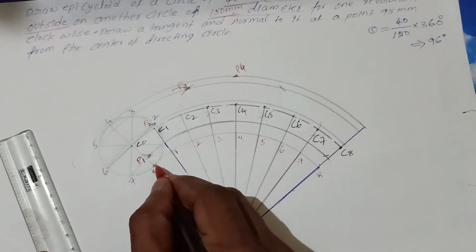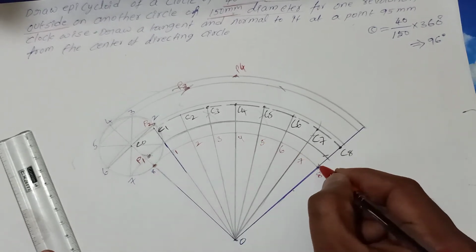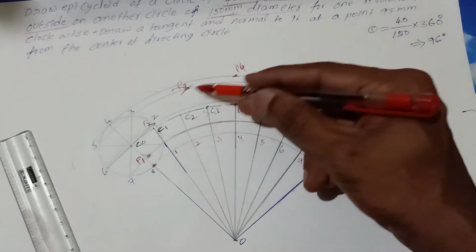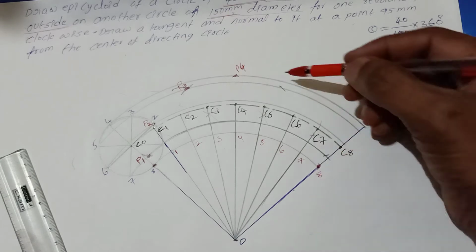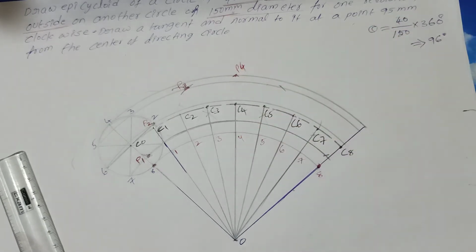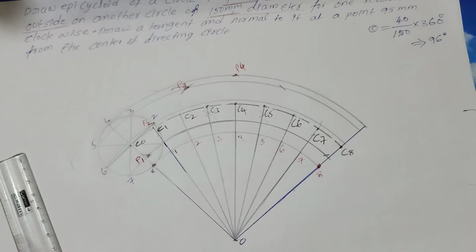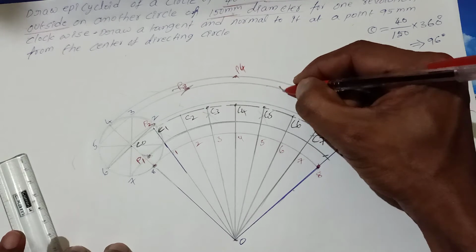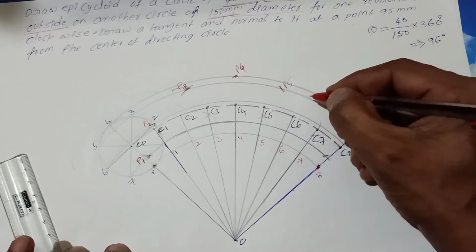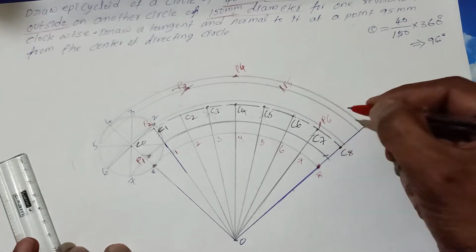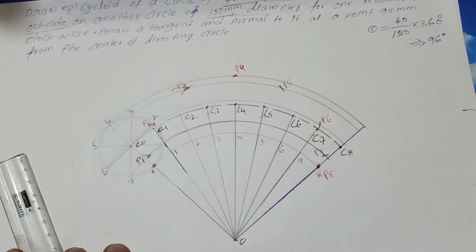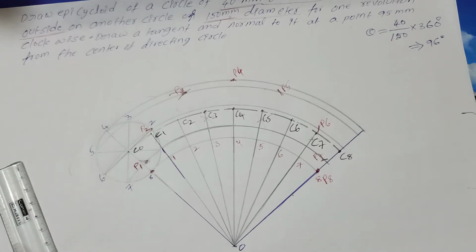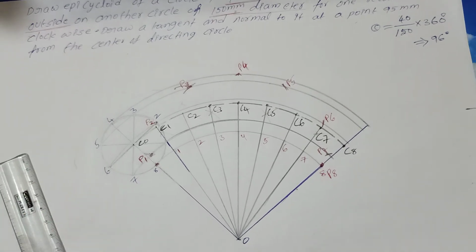The contact point, the end point and the top point, these 3 points are very important, and you always have to remember them. By those 3 points also you can draw this curve, but we have to indicate all the points to get the full marks. So P5, now this point is P6, this point is P7 and this point is P8, and by joining all these points you will get the epicycloid.